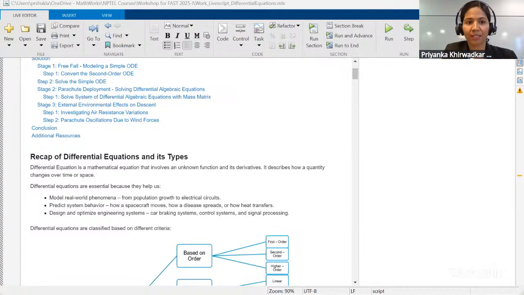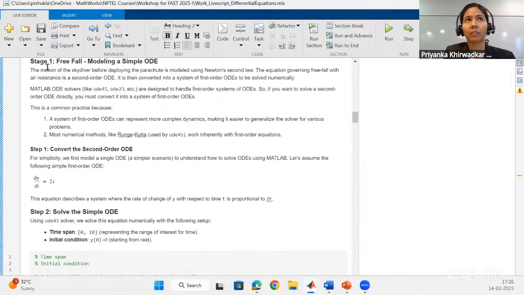As I mentioned previously, we will use the example of the skydiver's motion to demonstrate how to model and solve the differential equations using MATLAB. However, we won't be building a detailed physical model of the skydiver's descent. Instead, the focus is on showcasing the process of using MATLAB tools for solving similar real-world problems. Let's get started. The first stage for solving is the free fall of the